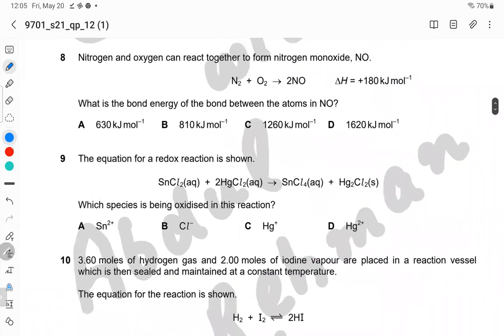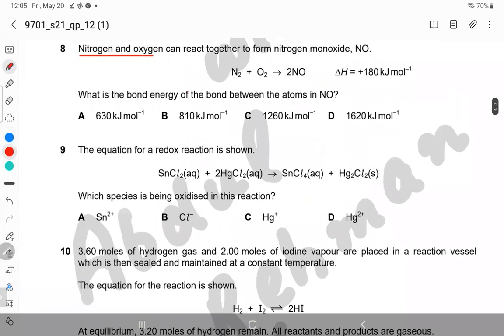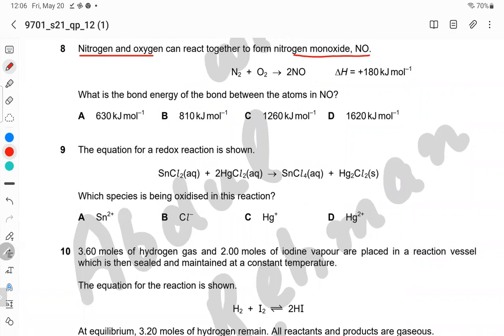Now, nitrogen and oxygen can react together to form nitrogen monoxide, NO. Here they have given you the enthalpy change that is positive, which means it's an endothermic reaction. What is the bond energy for the bond between N and O? So if you look at the reaction, it is N triple bond N plus O double bond O, and we are getting 2 moles of NO, right? So if you recall the expression for solving it,